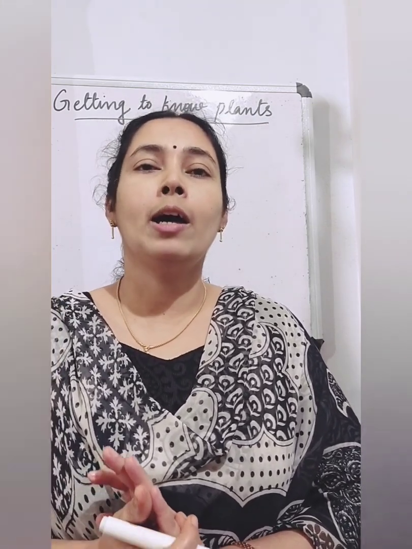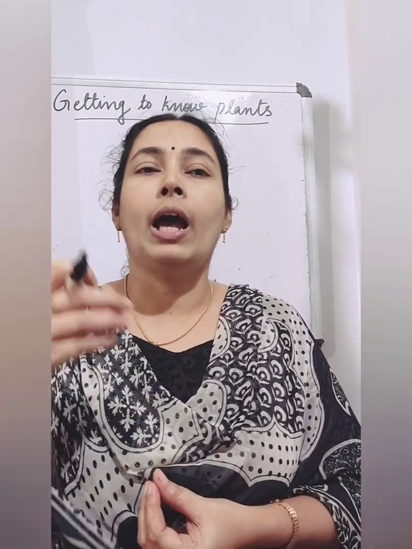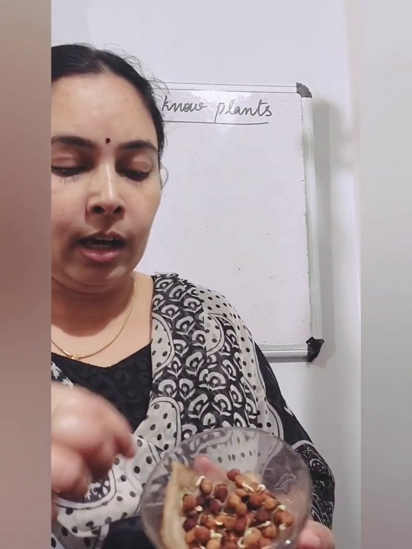Now we can do one more activity to show that roots are holding the plants. For that, you take a bowl, then place some wet cotton in it, then put some seeds in it. Then keep the cotton wet by sprinkling some water every day. After a few days you can see the seeds begin to sprout. Then you try to separate the young plants from the cotton. Now, is it easy to separate the cotton from the roots? Now, after 1 week, you can see here, I have kept some cotton below and some seeds, and now the seeds have sprouted.